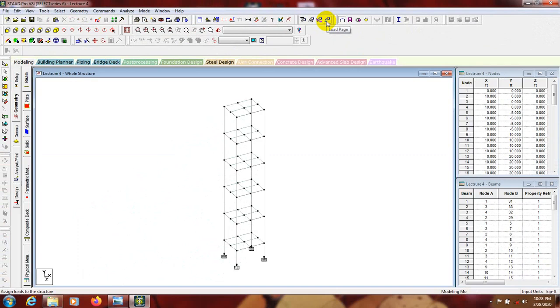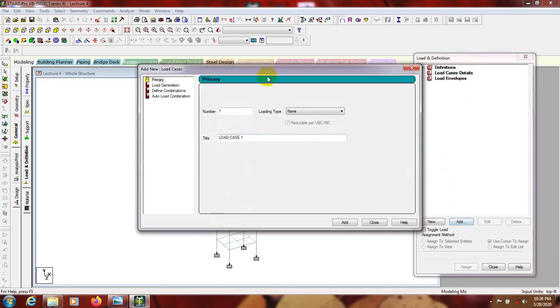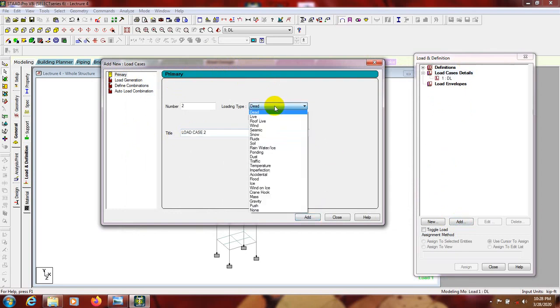Click on Load Case, and go here, Load Case Details. First of all, you have to select load case details. After that click add. Then select primary load, and here dead load. For dead load, it's DL, add. Again select live load,